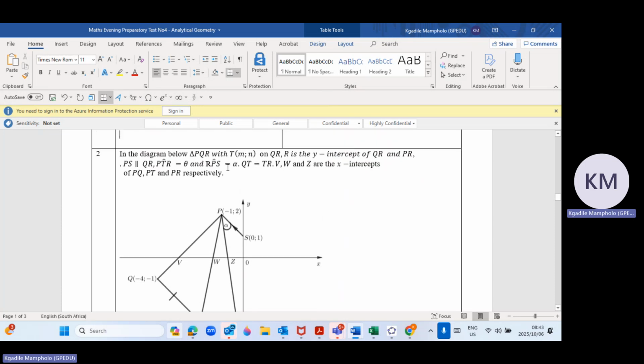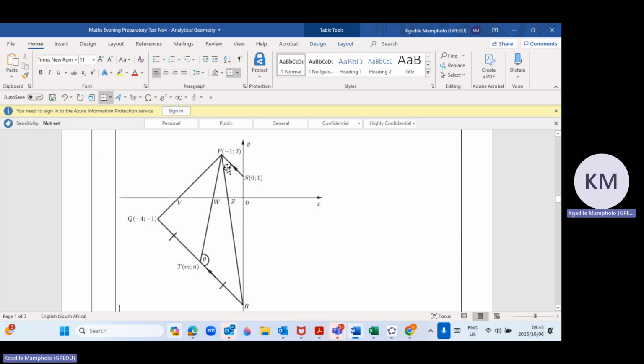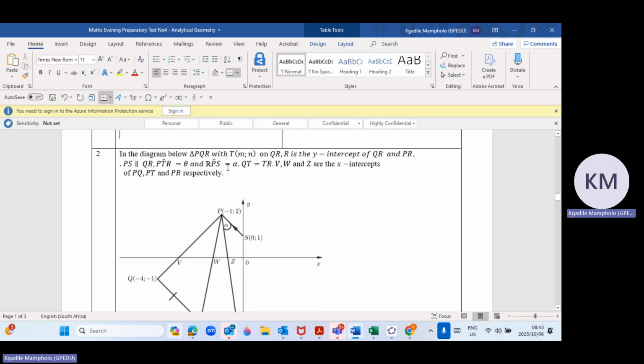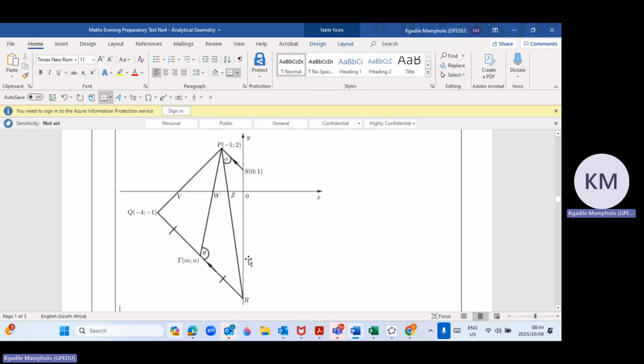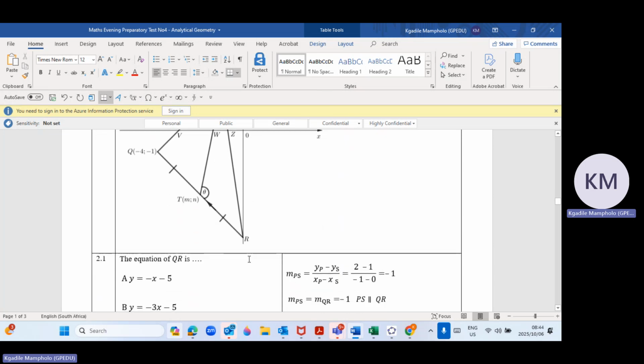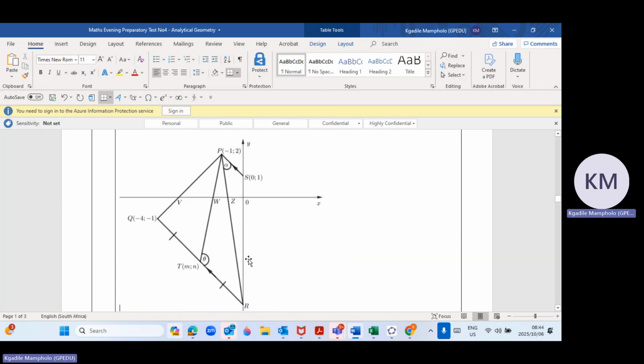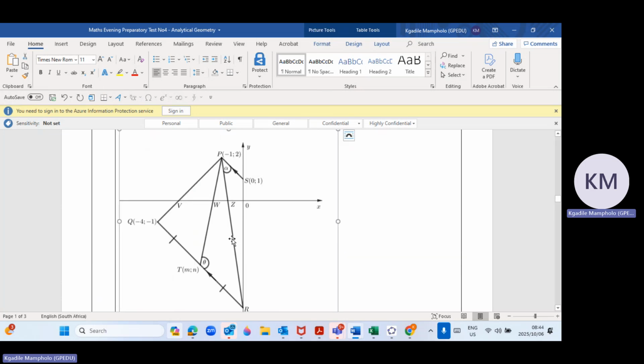And QT is equal to TR. You see that. And then V, W and Z are the x-intercepts of PQ, PT, and QR. These are the x-intercepts, and you can see that. The first question, the equation of QR is, now if you check in this one,